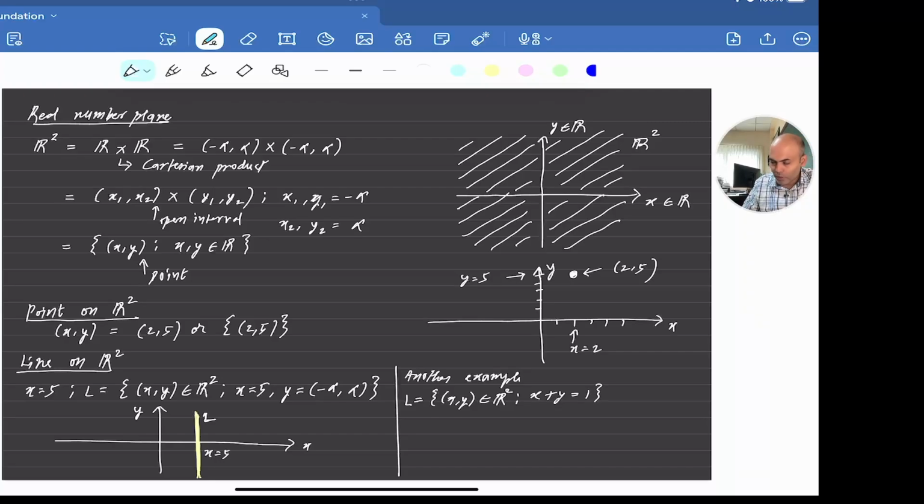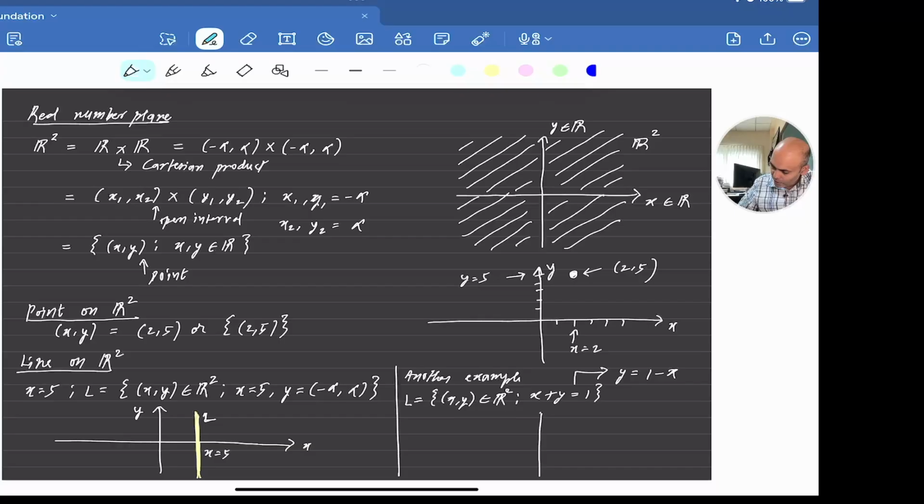So in this case x plus y equal to 1. We know that we can write this equation in a more familiar form, y equal to 1 minus x,